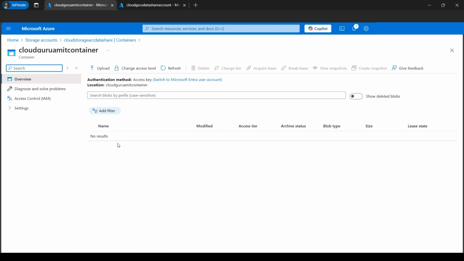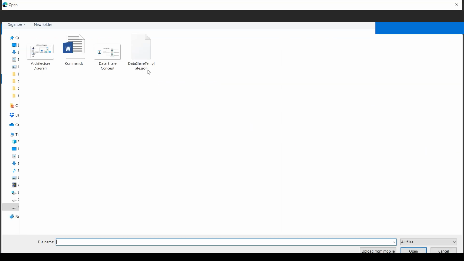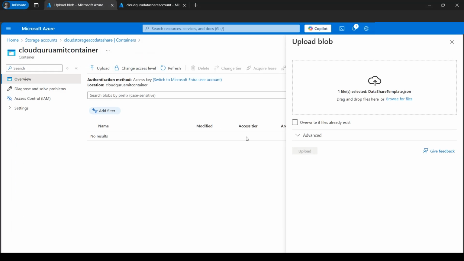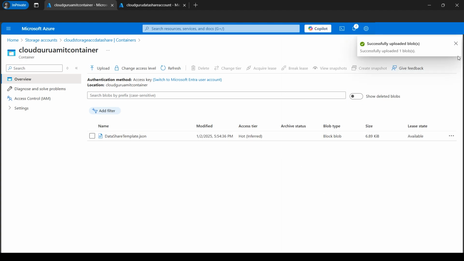Let's say the file needs to be shared with the data scientist. Let's upload it. Let's click on upload, and now let's browse from our local computer by clicking on browse for files. So here for this demo, I'll upload the same JSON template. Definitely this is not the file. I'll click on upload, which needs to be shared with the data scientist,